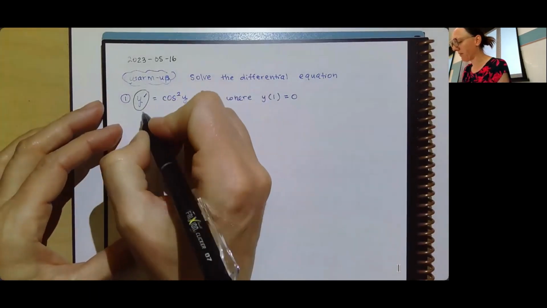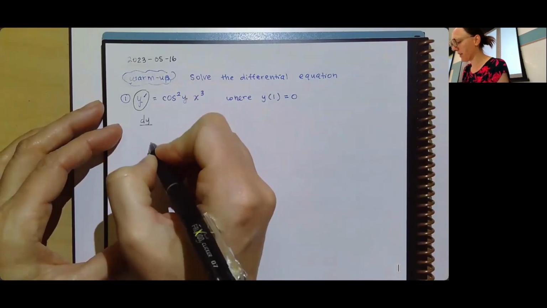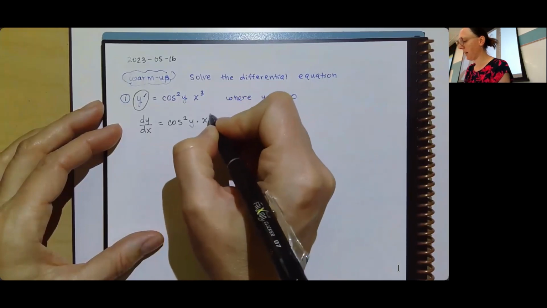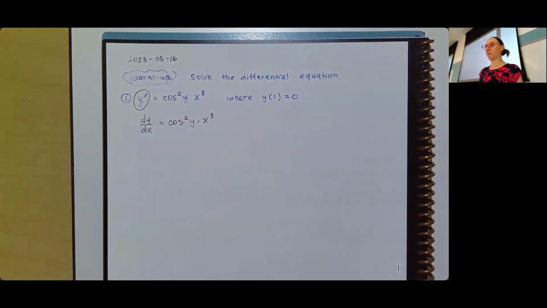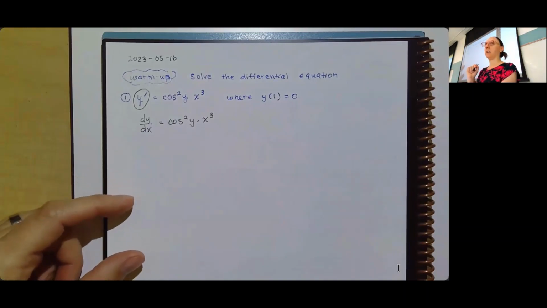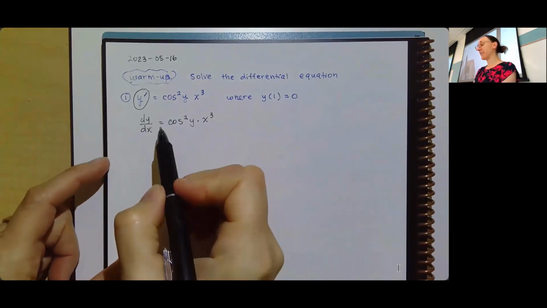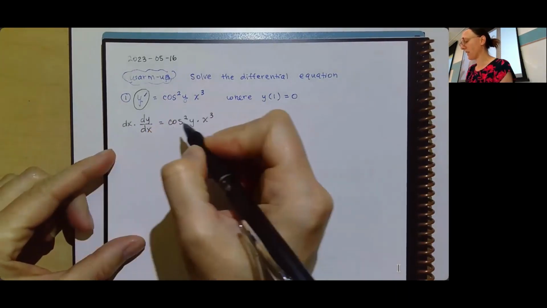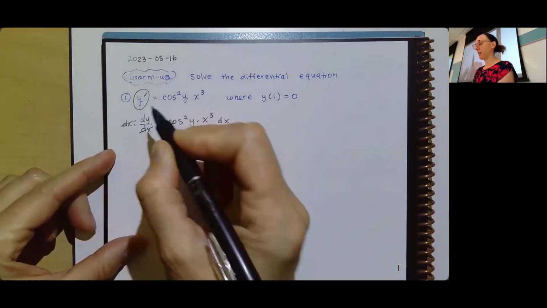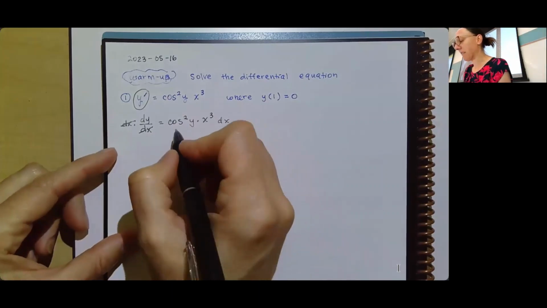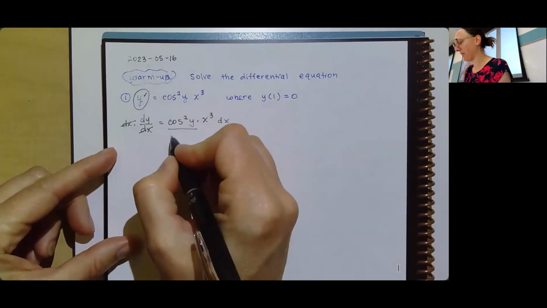So I'm going to swap out my y prime for dy/dx. And then the whole idea behind separable is that I'm going to get my x's on one side, my y's on the other. And we could have a different letter, but in this case, we're just working with x's and y's. I never get a choice of which goes on which side, because I can only integrate with the d-something part in the numerator. So I've got to multiply both sides by dx. And that means that my x's are going to be on the right and my y's will be on the left. So if I divide both sides by cosine squared y,